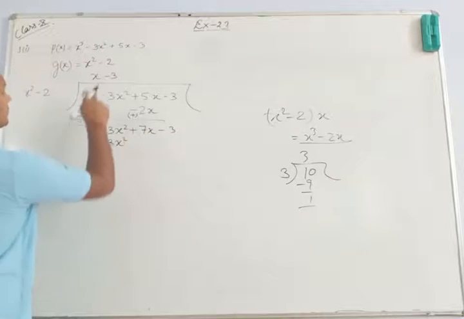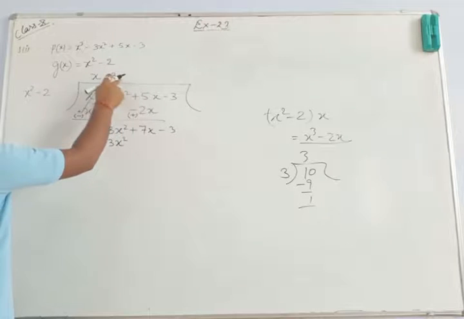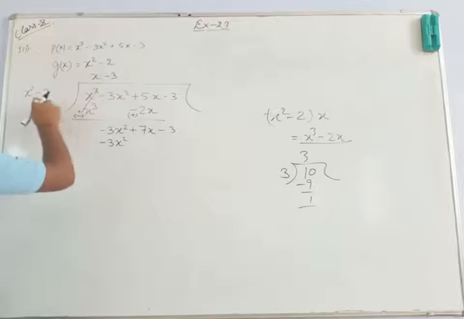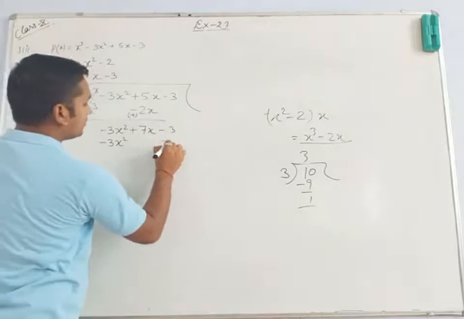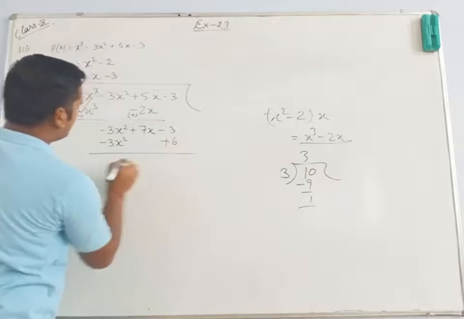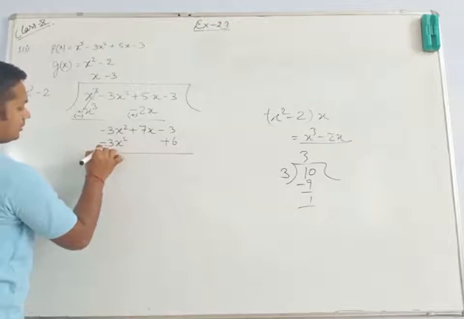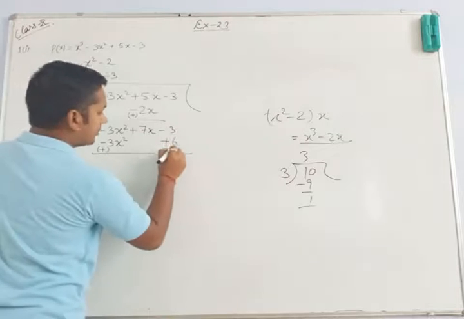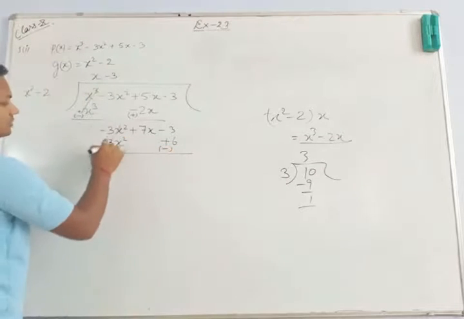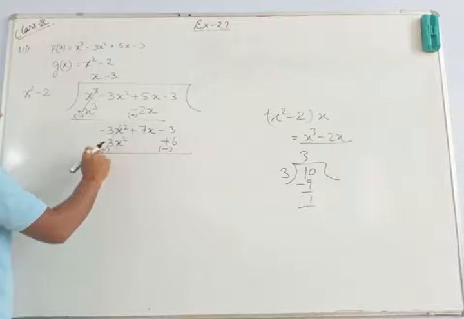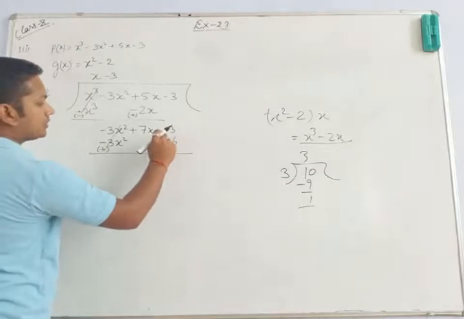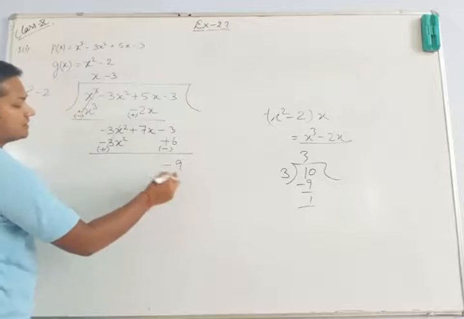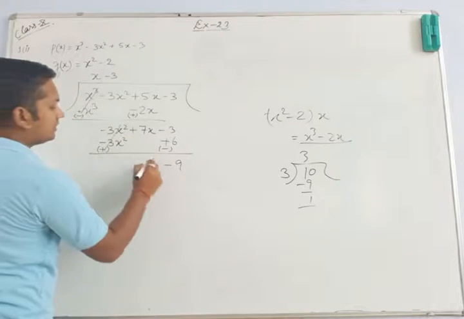Okay, minus 3x square and minus minus plus, 3 2s are 6, okay, plus 6. Now what it will become? It will be of minus now because sign will change and it will become of negative. Now these two terms will be cancelled out because one is of negative and one is of positive. These two terms will be added up while both are of negative. So minus 6 minus 3 will give you minus 9 and it is what?